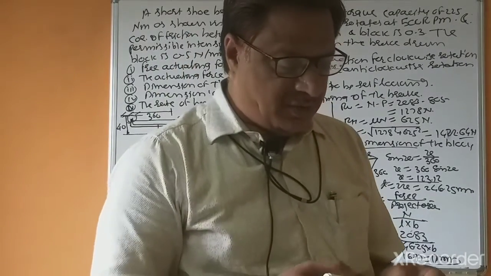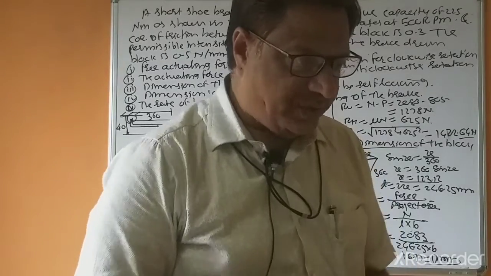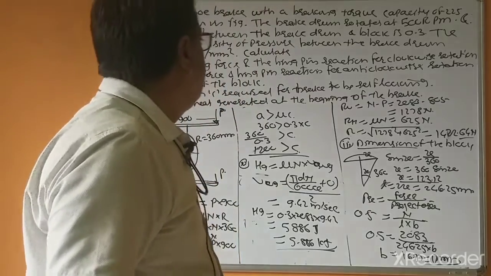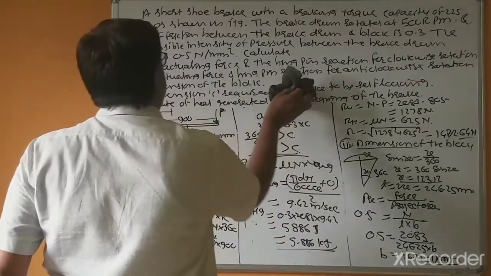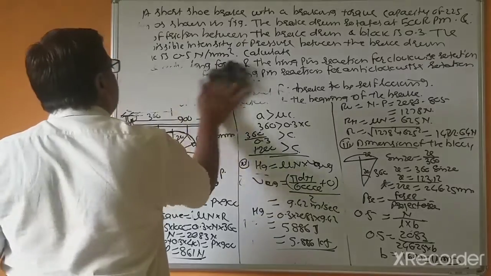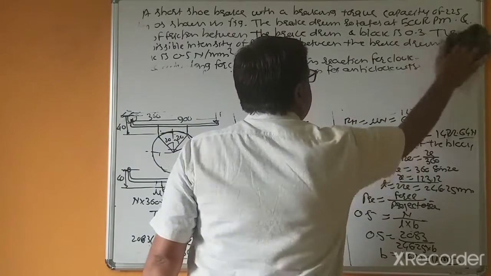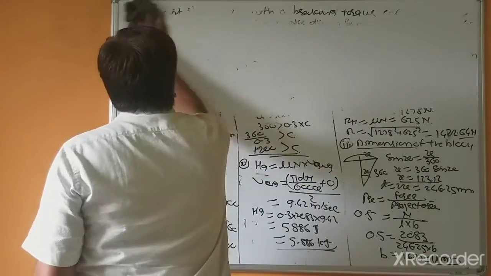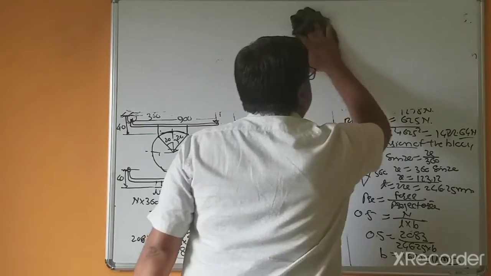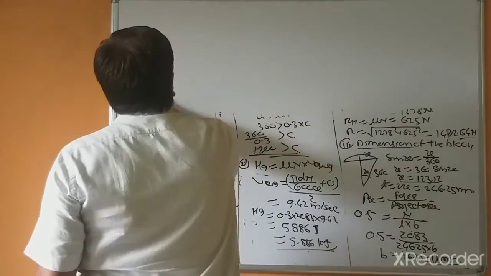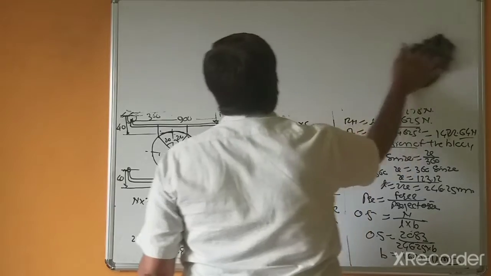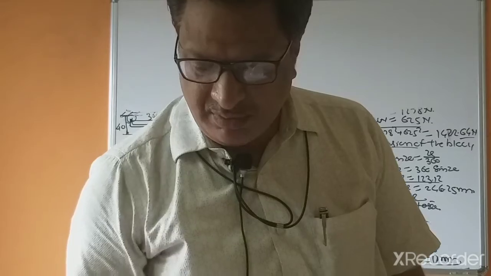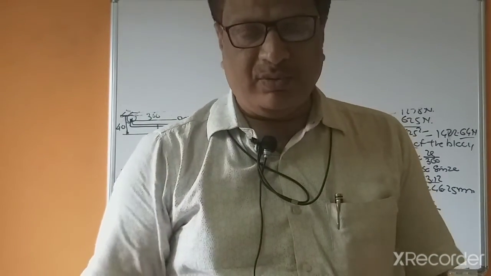Now I think these problems are sufficient for the short shoe brake. So that's why we'll see the next problem, the external expanding brake. Applications: above the block shoe brake, that is generally used in the railway, and in some cases the external expanding brake is also used. In the external expanding brake, the brake is applied on both sides. In the internal expanding brake also, it is applied from both sides.